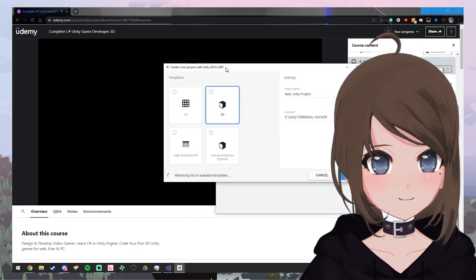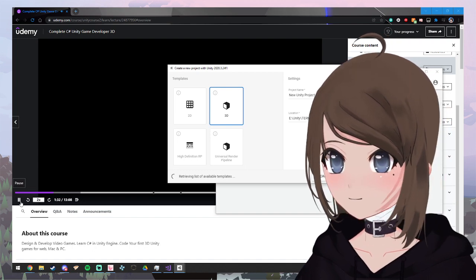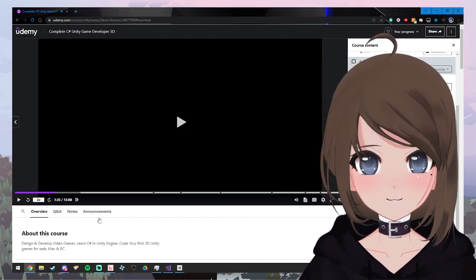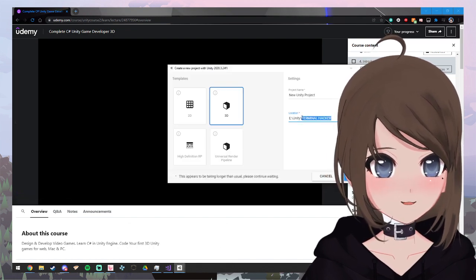Got a couple of templates we can select from. We're making a quick little 3D project, and I will rename this to be Experimenting. Not something we're going to keep. We're just playing around in the engine for now. If you want to change the location, you can click the three dots. Okay. Just cause messing about, whatever it's called.